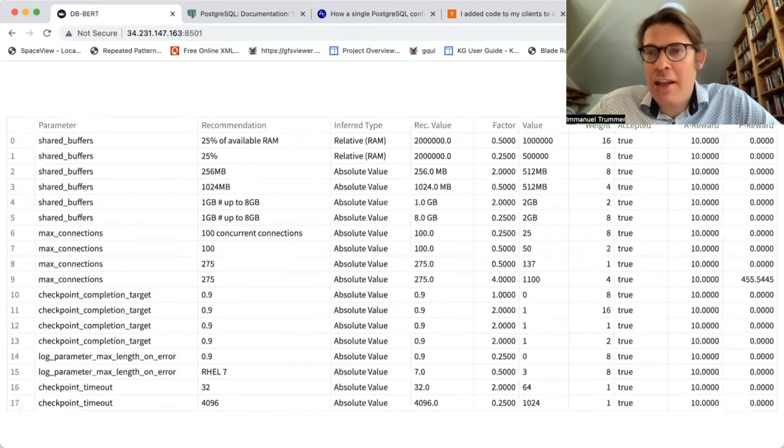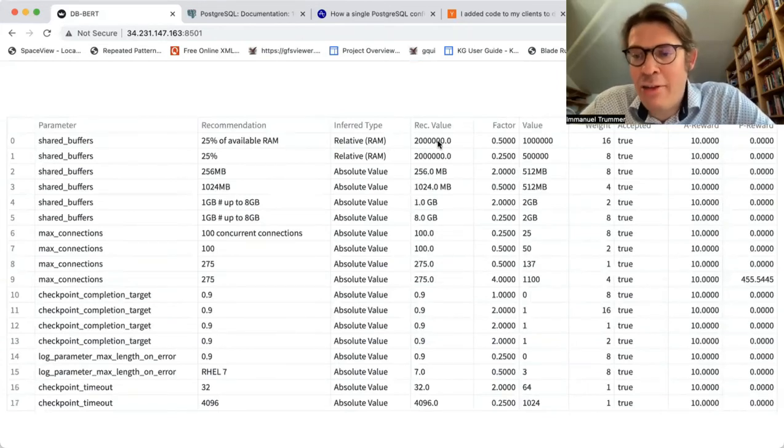And for each of those tuning hints, we have to make a couple of decisions via reinforcement learning. So here, first of all, when translating this tuning hint into a recommended value, since it recommends 25% of available RAM, and we have 8 gigabytes of RAM available, the recommendation would be to set it to 2 gigabytes of RAM. Now, DB-BERT can decide to deviate from those recommendations because sometimes they are not true, sometimes they don't quite apply for the benchmark and tuning metric that we are interested in. So in this case, DB-BERT decides to take a value that is a little bit lower than the recommended one